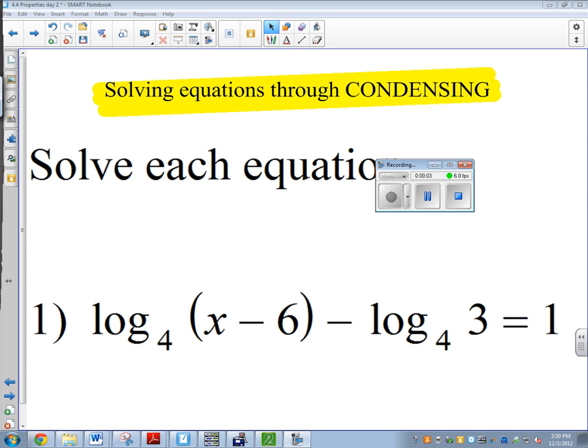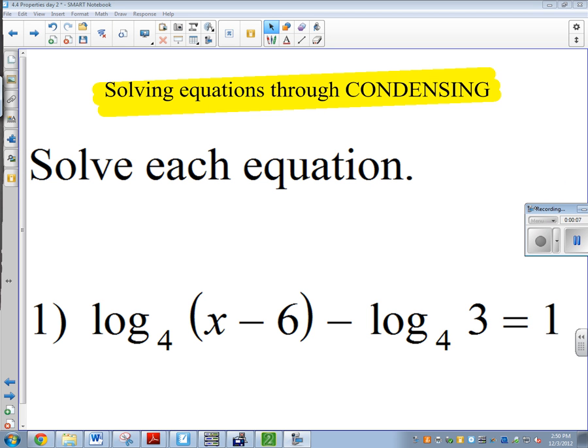Here we go. Let's do a little bit more working. Here we're going to solve equations through condensing. Okay, so when we're looking at these problems, they're equations because they have an equal sign. We're going to look at the problem and realize that, especially on this first one, when we look